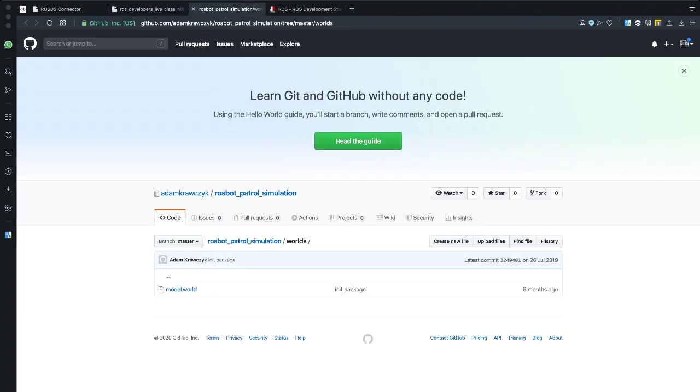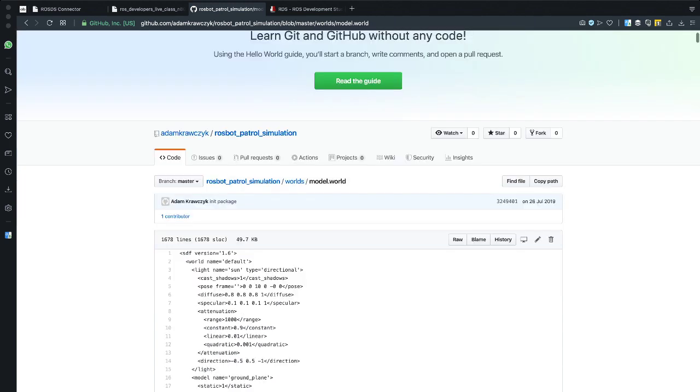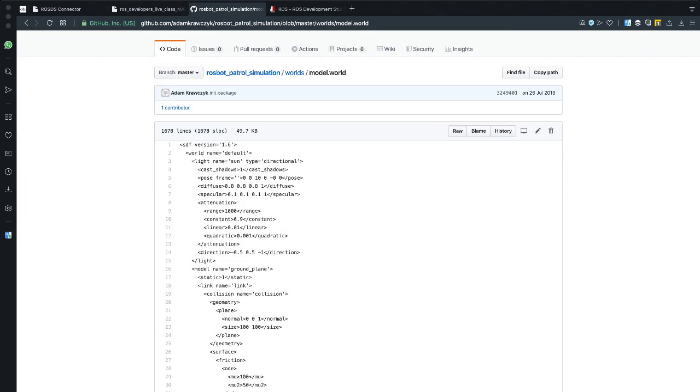You're going to see here the model wall. It's a file that has been created by Adam, another person from the Husarion team, and we are going to use his file from here. If you click on this model wall, then the whole thing will show. So you can select all of this,